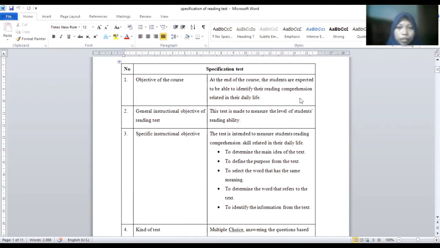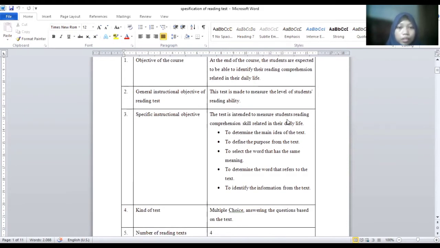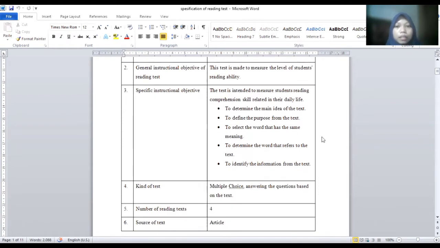At the end of the course, the students are expected to be able to identify their reading comprehension related in their daily life. And then general instructional objective of a reading test is this test is made to measure the level of students' reading ability. And then specific instructional objective, the test is intended to measure students' reading comprehension skill related in their